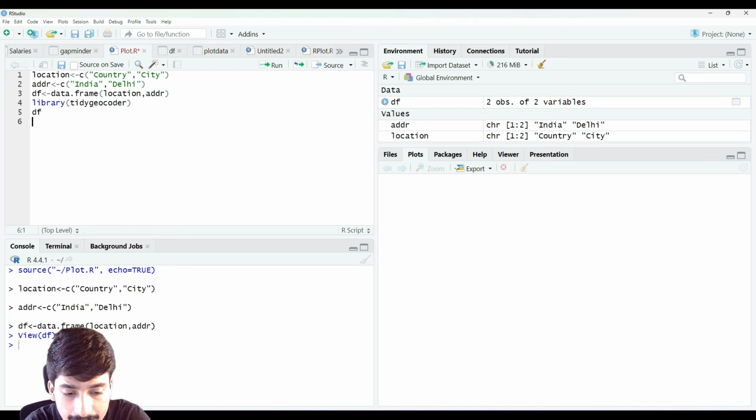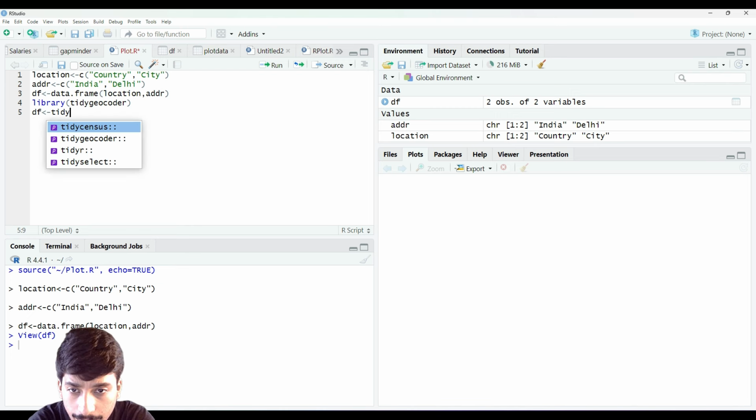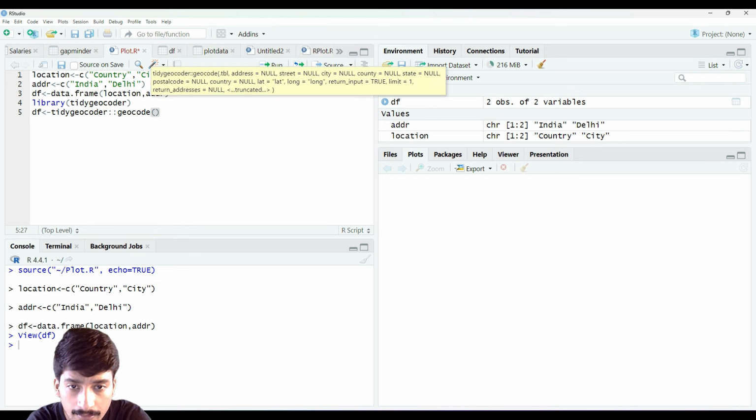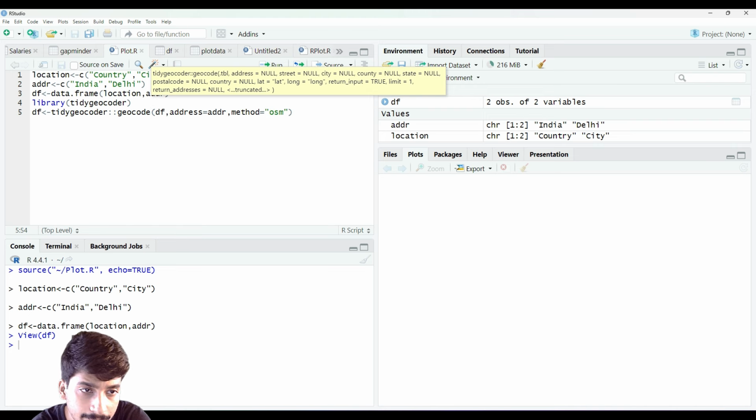First we will add this value directly to our data frame, and we'll call tidygeocoder, and in this we call geocode. We provide our table, that is the data frame, address is our address, then the city we don't need to add, but the method we need to add, and this method would be OSM,